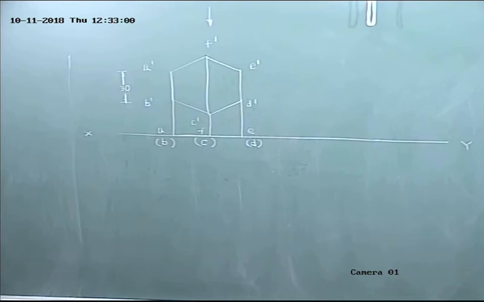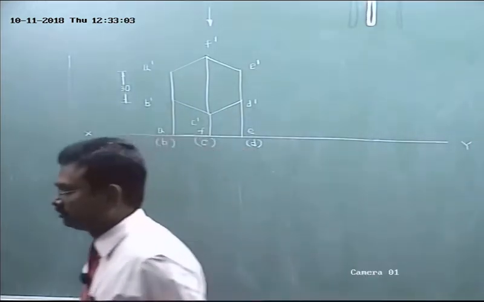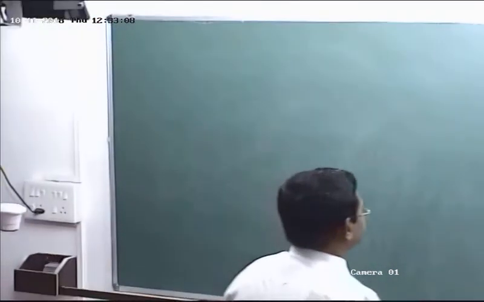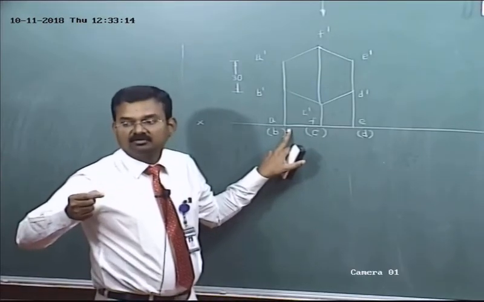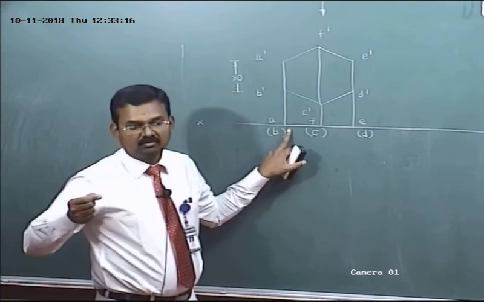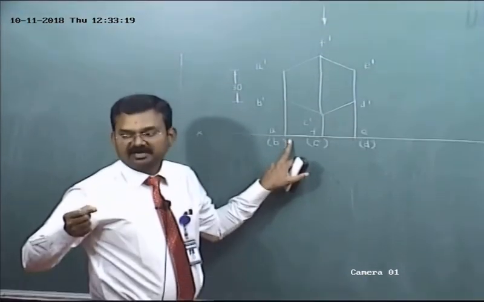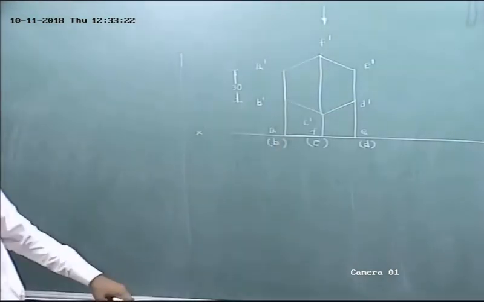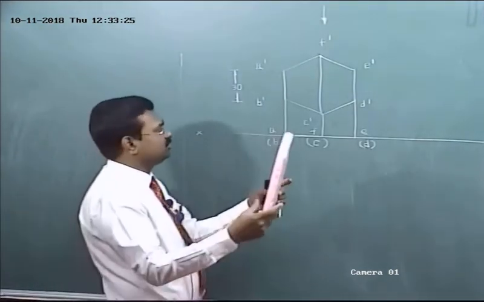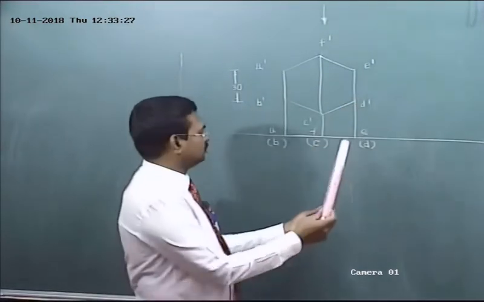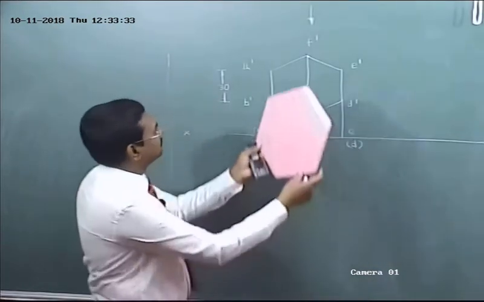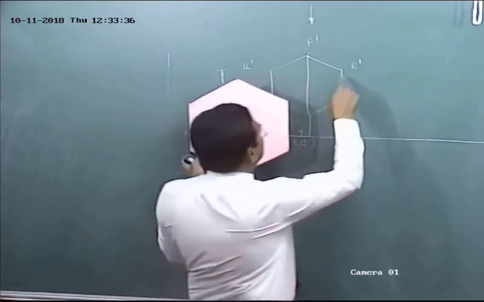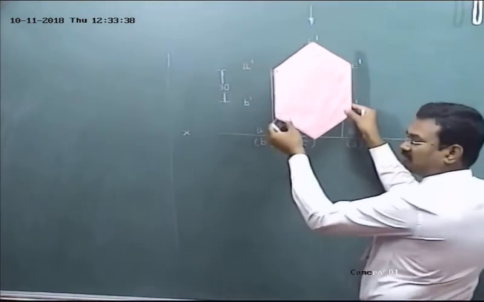Okay, step 2. In step 2, what should we do? Tilt and reproduce the first step top view to the given condition. What are the given conditions? One side, one corner on side. One side is resting on, listen, one side or one edge, AB or ED. One side is resting on VP, isn't it? So here you can tilt the figure in this direction, or ED, one side ED will rest on VP.